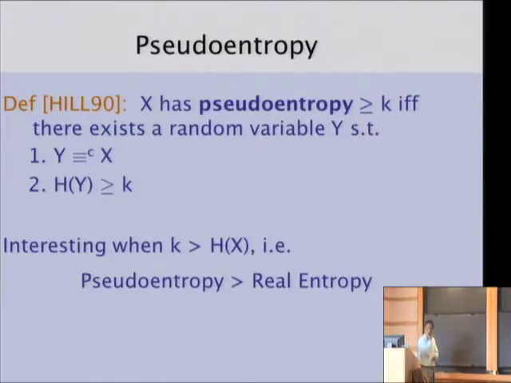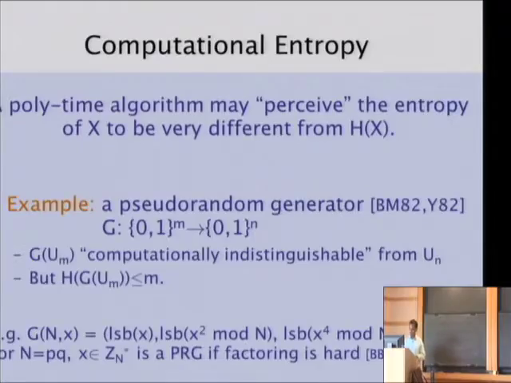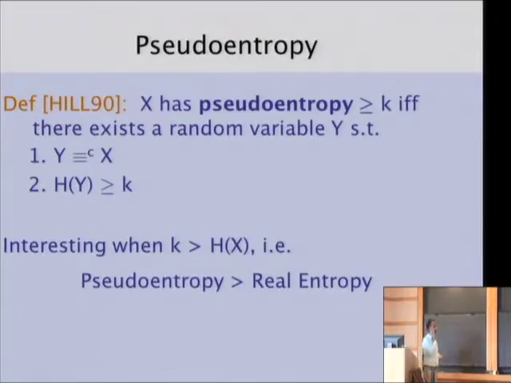Okay, so Hastad et al. This was a qualitative form of pseudoentropy. We didn't really need the definition of Shannon entropy here. You have something indistinguishable from the uniform distribution, but has small support. Hastad et al. introduced a more quantitative form of